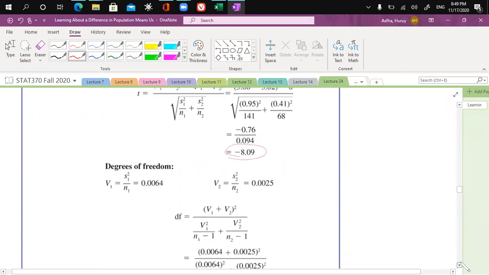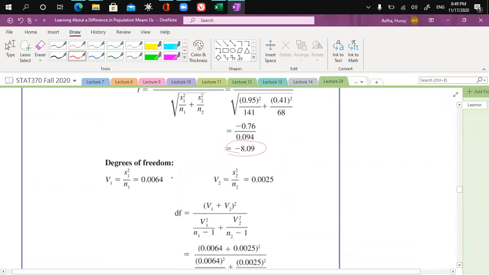And the degrees of freedom, well, just to minimize error, it's a good idea to calculate this one by one. So here we have V1, which is given by this. Here, it's always a good idea to have a few more digits after the decimal point, because if